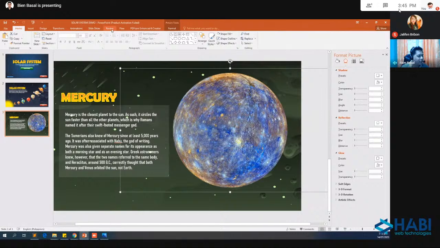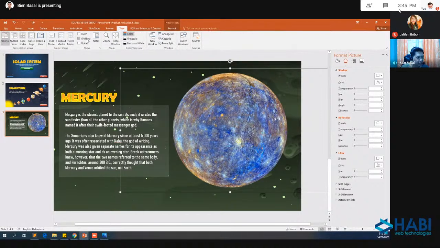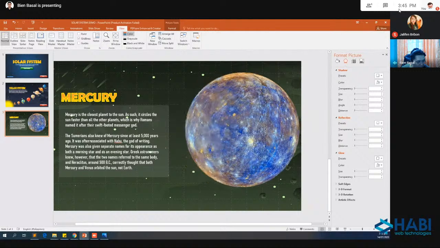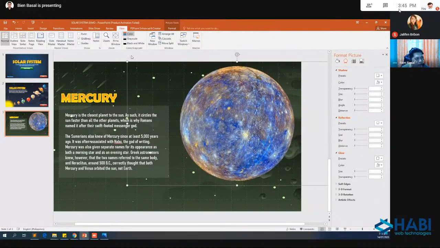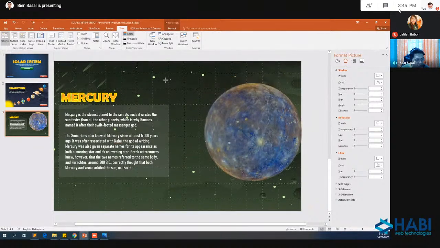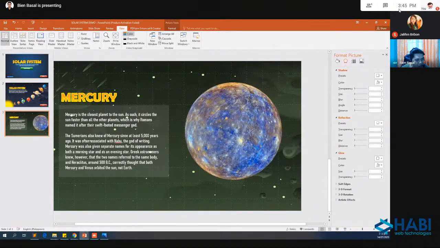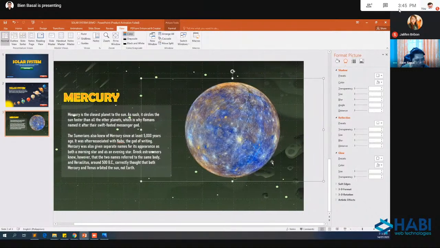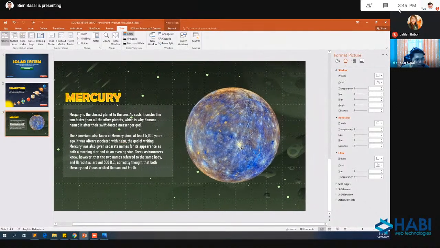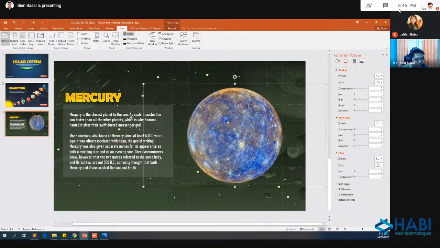Again, I will enable the view grid lines because I want to measure the position of my Mercury. And I will move this. So I'm using 1, 2, 3, 4, 5, 6 columns of my container, of my grid, because I want my planets later to use the same number of columns. I'm using 6.